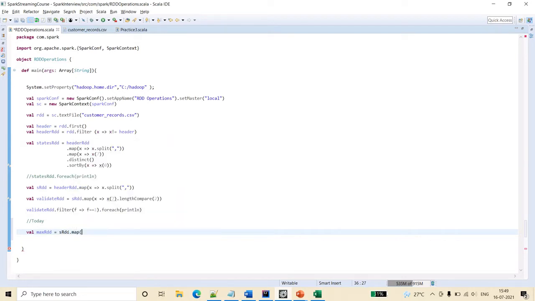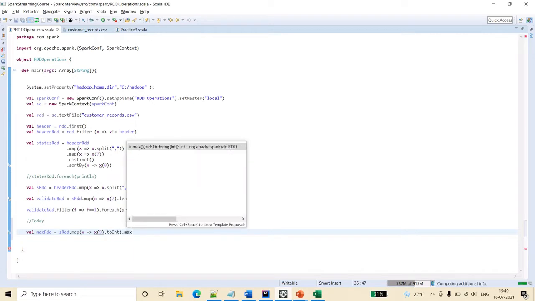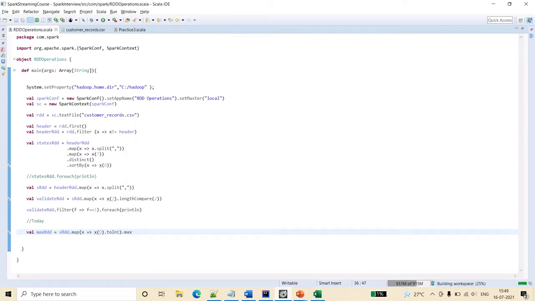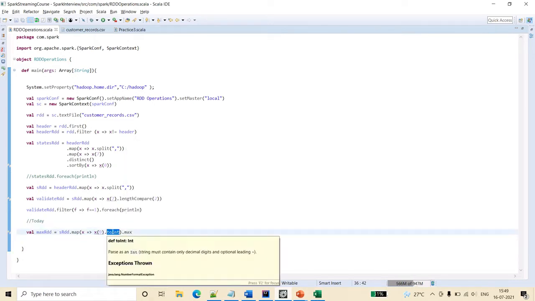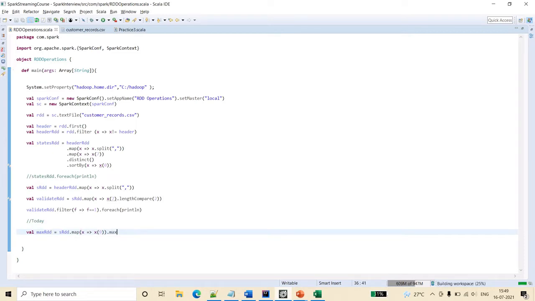and I'm saying map x to x of 9, then toInt and max. Before even starting, I'll show you how it behaves without toInt.